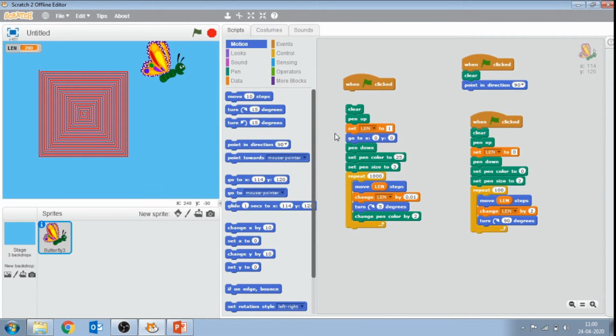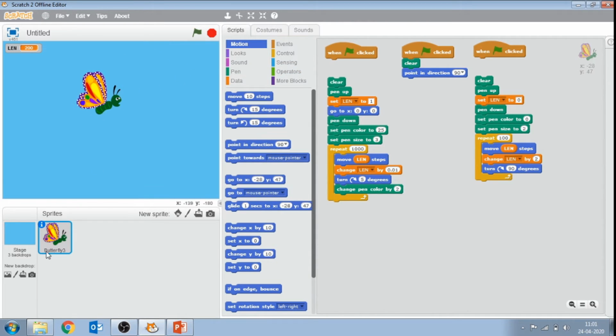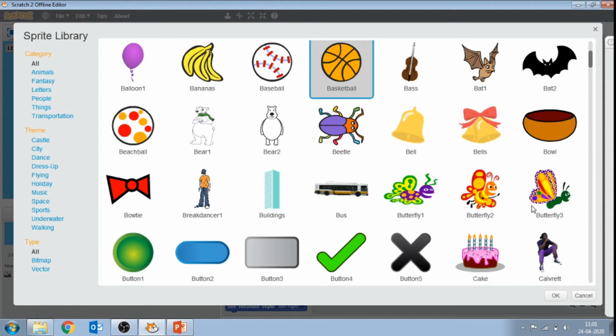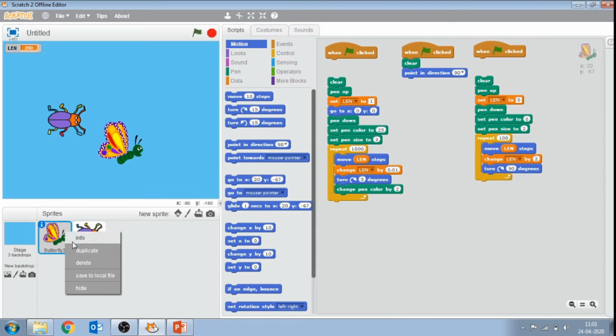Now our next figure is very interesting, called a circular geometrical figure. So let's start drawing. Click on clear and point in direction 90 degrees. Change the sprite from here, whichever sprite you need. Suppose this one. Click on OK. Delete this one.